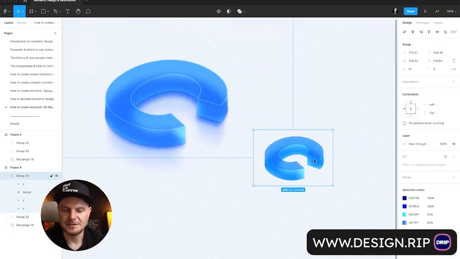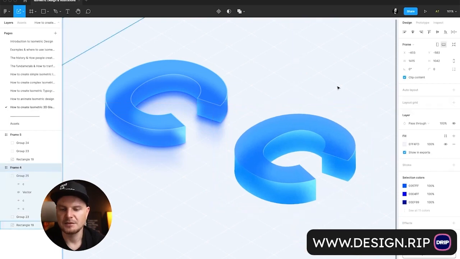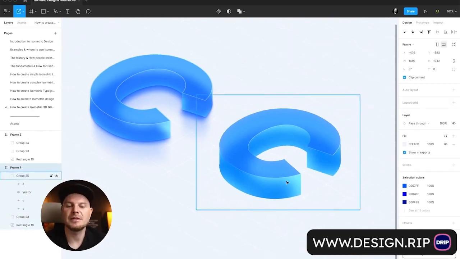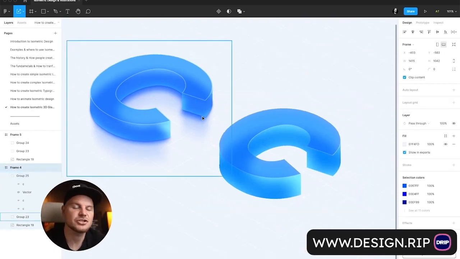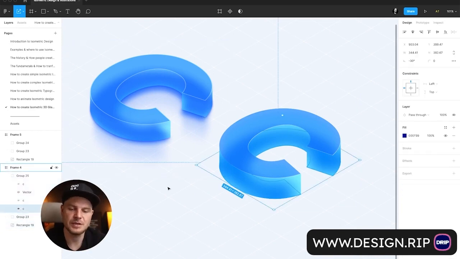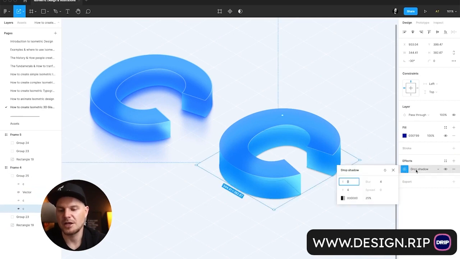Perfect. See what we just created? Let's make it K. Let's make it bigger. And now we have the 3D effect here, but this one has a shadow. The only difference between these two layers is that this one has a shadow. And you can already create this shadow from the layer that we already created,